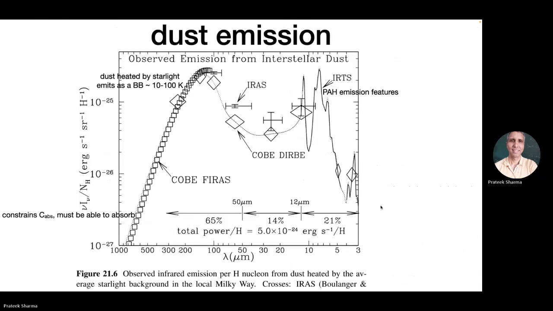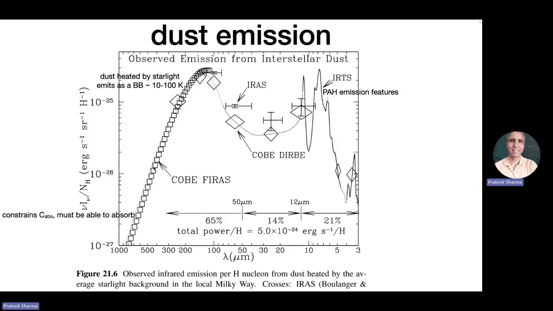Okay. So this is about scattering. So absorption, scattering, emission. We know that dust can be heated by starlight and it can emit as a black body. So if you look at this nu I_nu by N_H, you'll always see this N_H scaling, because the more the column, the more the emission for optically thin emitters, and also this goes as absorption.